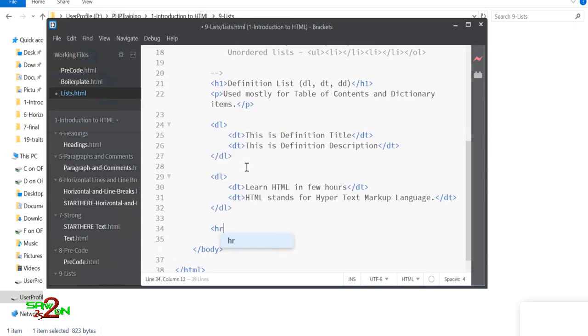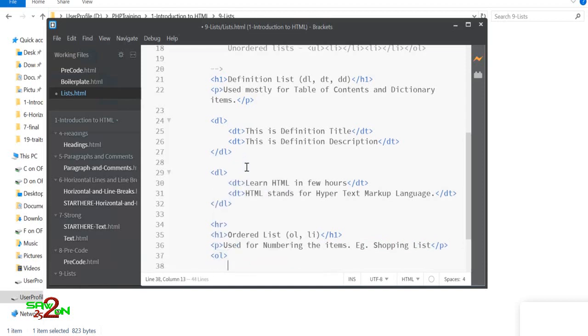Let's write a horizontal line, then we'll write our ordered list. So for that I'm going to define one more heading, and I'll say ordered list. Ordered list is OL and LI, and it is used for numbering items like 1, 2, 3. An example could be a shopping list.